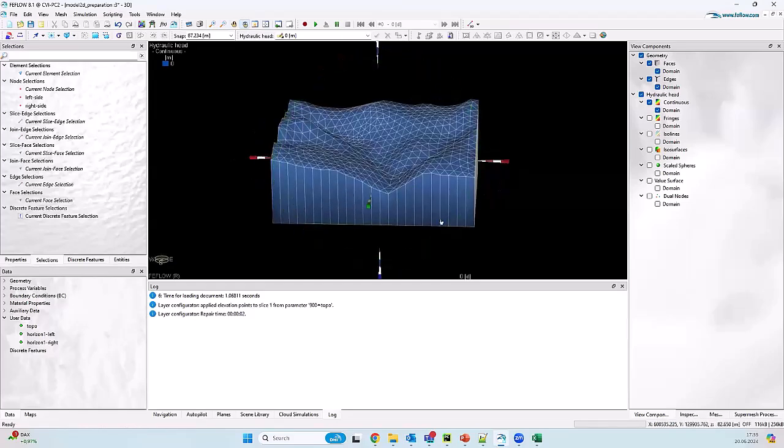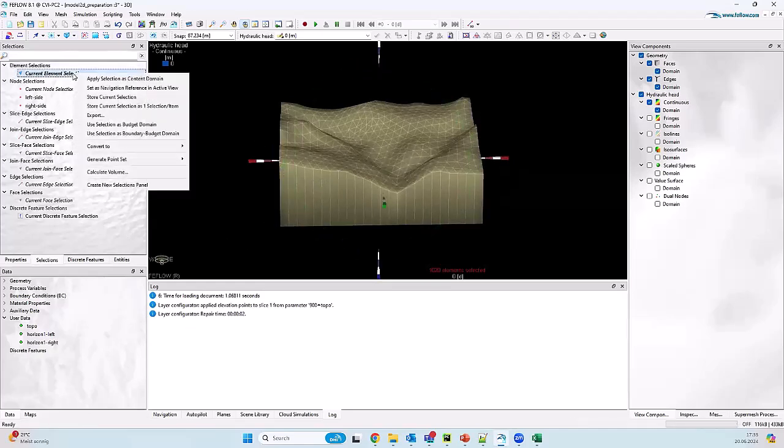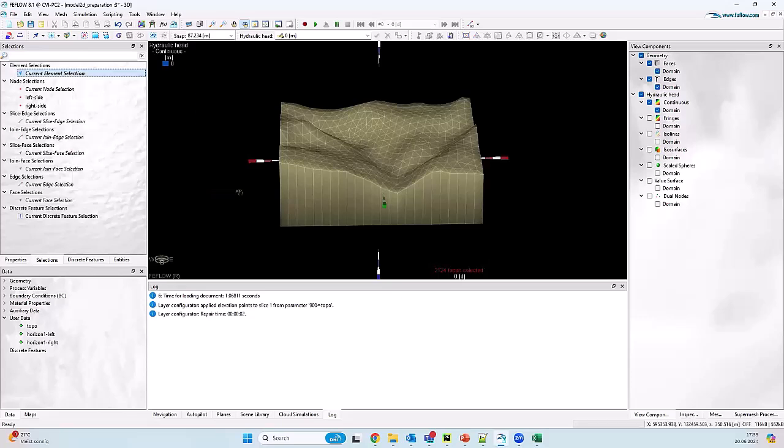How do we get a file from this? One workflow that not many users know is you can export all this data from selections. So if I create an elemental selection, the elemental selection can be turned to a face selection, but we are only interested in the outer faces. So this is called border face. We can store this here and say